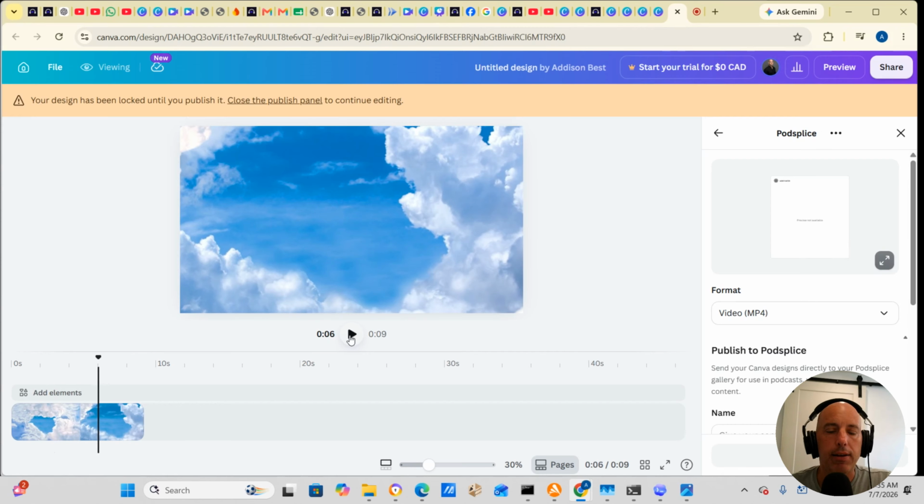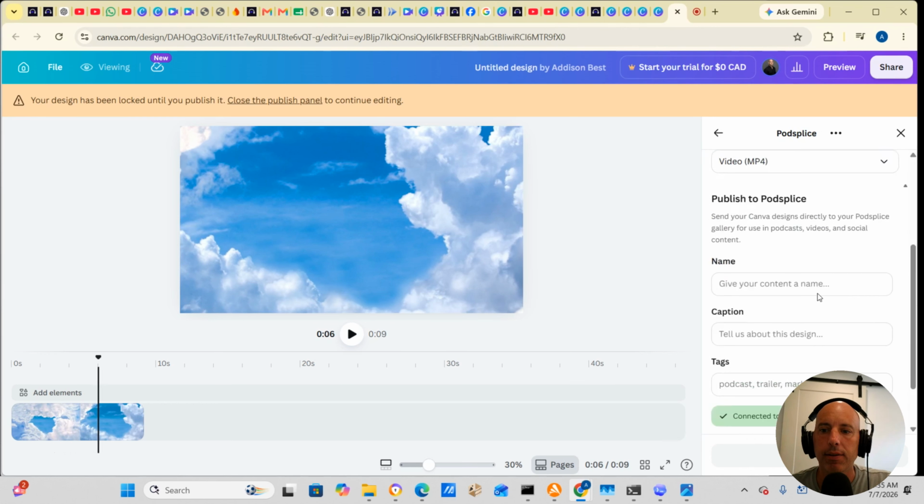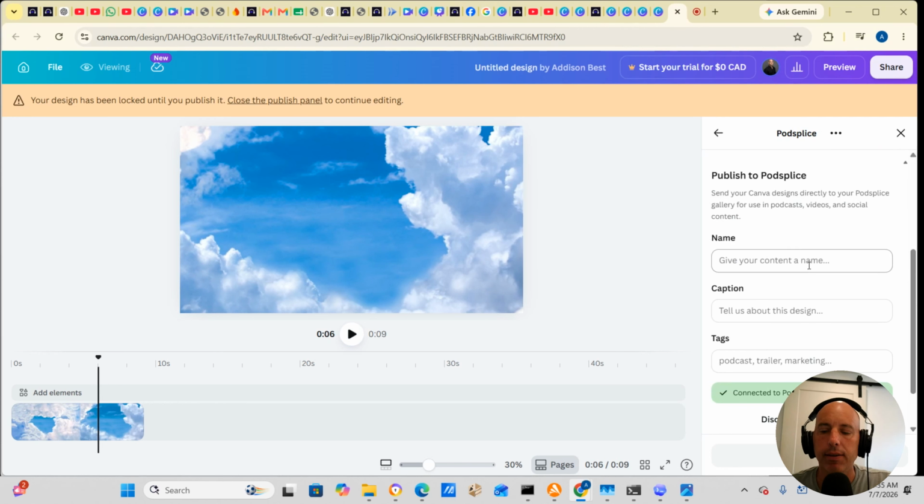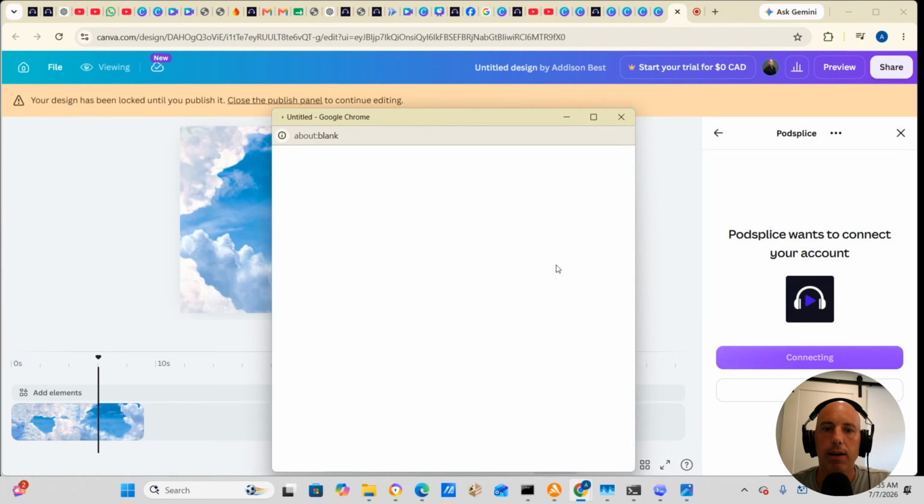So if you want to add B-roll footage like images or videos in this case to Podsplice for further editing, you can now do this with the bridge, essentially, the app in Canva for Podsplice. So we can name it. We're already connected. Well, I'll disconnect just to show you how to do it. So in my case, I'll connect with my Google account